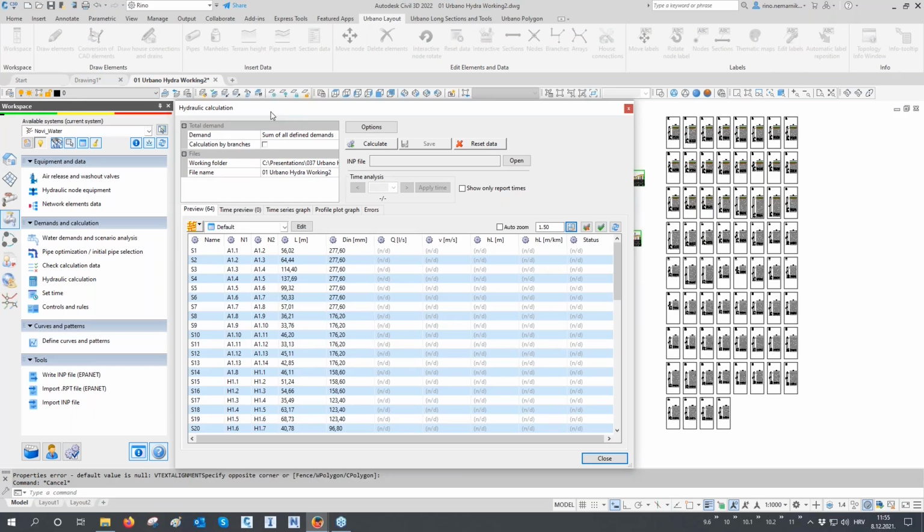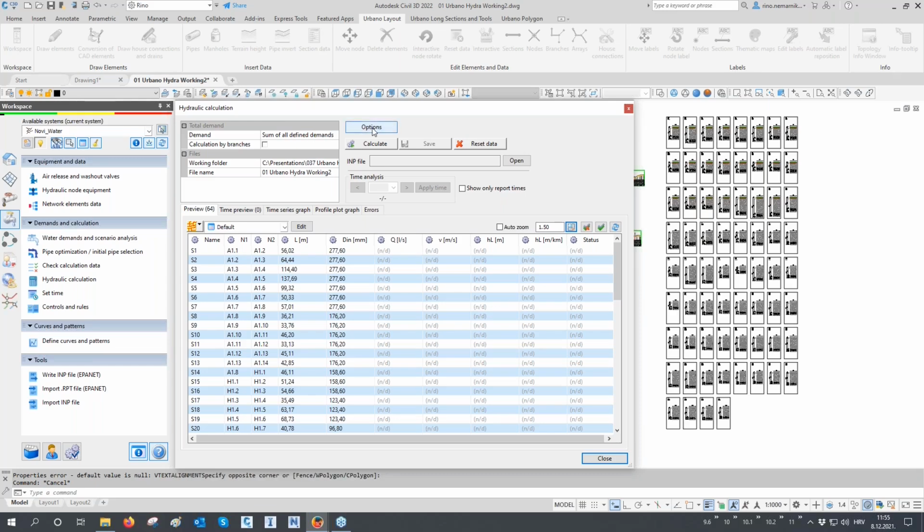When I say it's built in, it means that you don't have to have EPANET on your computer at all, because the EPANET code is built inside of Urbano Hydra. But you have to know that basically EPANET is doing all the calculation. Urbano Hydra is here for drawing of the network, setting the parameters, setting the equipment, and then when you click